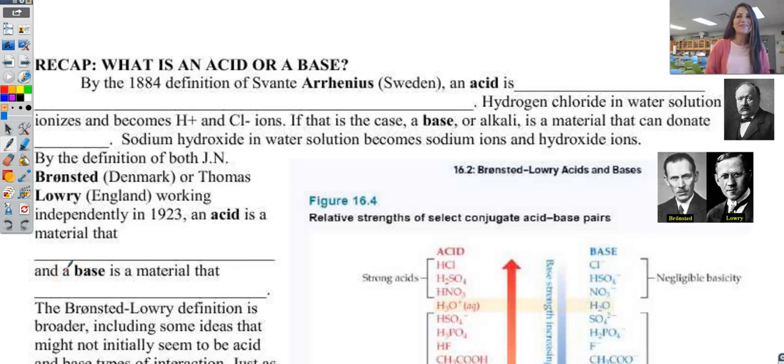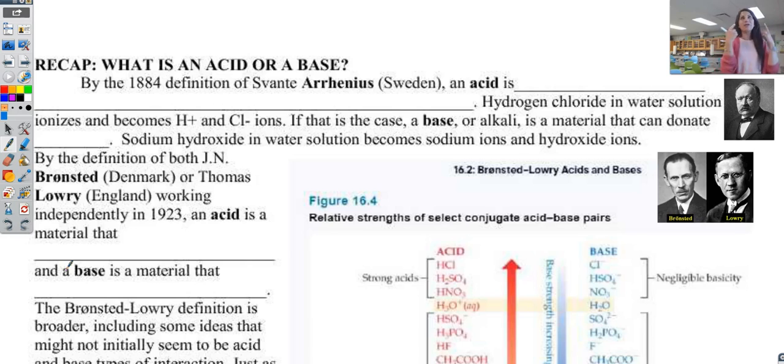Day and welcome everyone. Today what we're going to be talking about is what are the definitions of acids and bases. There are actually three different definitions of acids and bases, and so one is going to start us off with what in general is an acid, and almost always the definition of an acid is going to be the